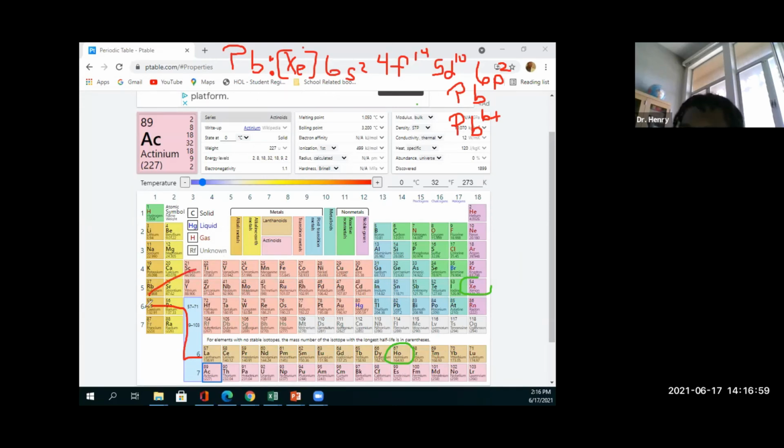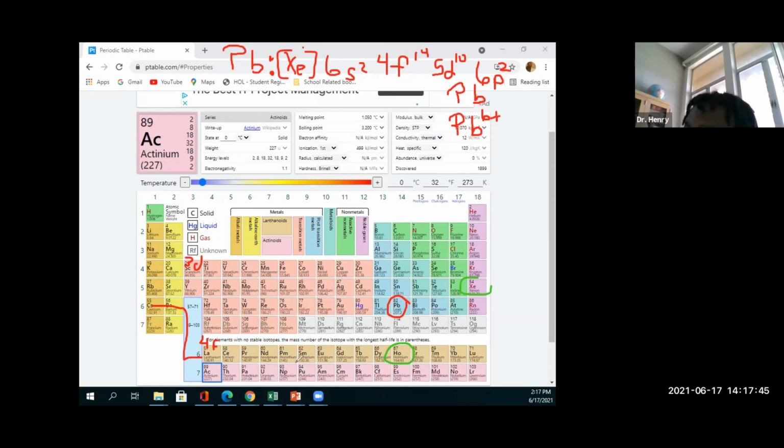Okay, so remember this. For me, on my periodic table, what I would have done, if I was allowed to do that, I would put 4f down here to let me know that this down here starts off at the 4f, just like I had this written as 3d earlier, right? And then I know that those are going to be the only changes, the d and the f, and anything that's above that, okay? So let's go back. So the nearest noble gas, so here is Pb, right? So if I go back, the nearest noble gas is Xe. So that's where I got that Xe from. Then I go 6s,